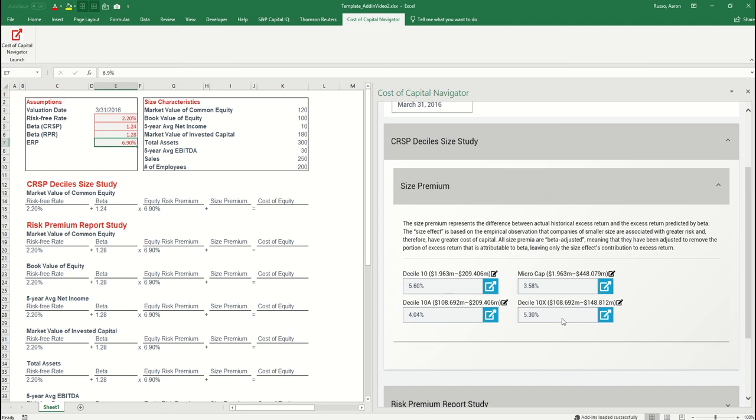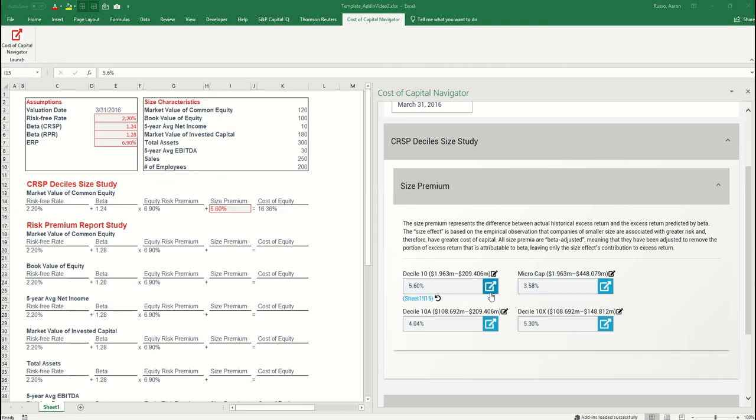For this example, let's just go ahead and use the decile 10 size premium of 5.6%, so I can go ahead and link that to the size premium in my CRSP decile size study equation. Now that I've completed my CRSP decile size study CAPM equation,